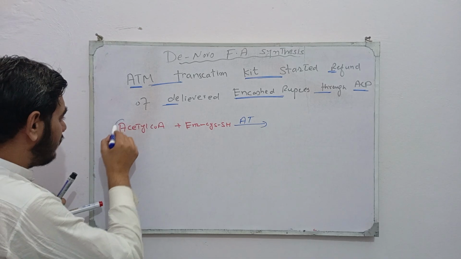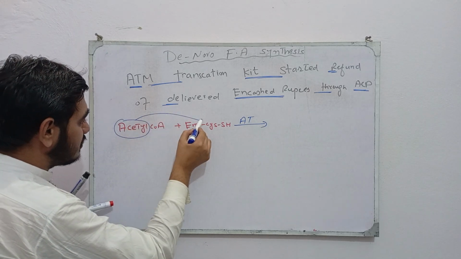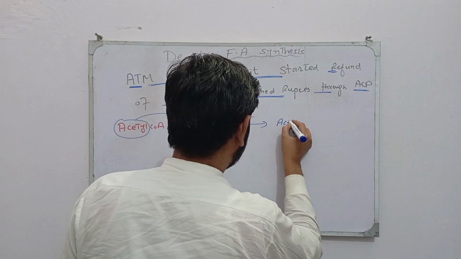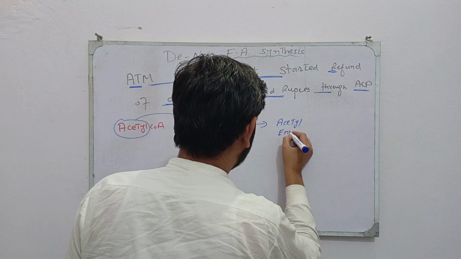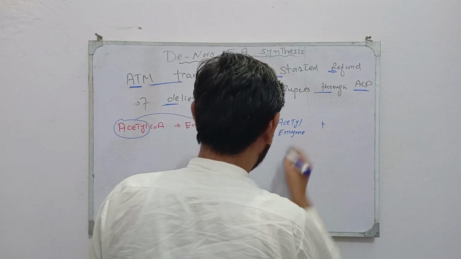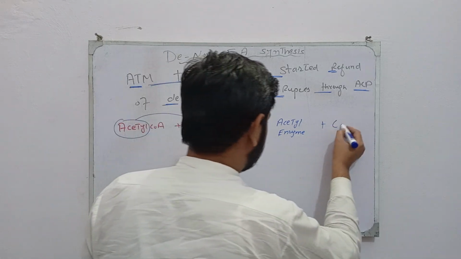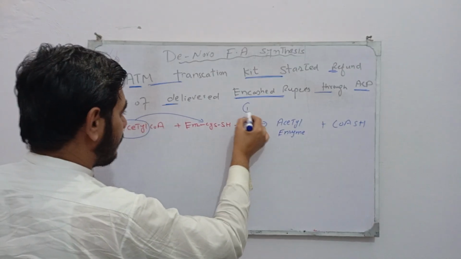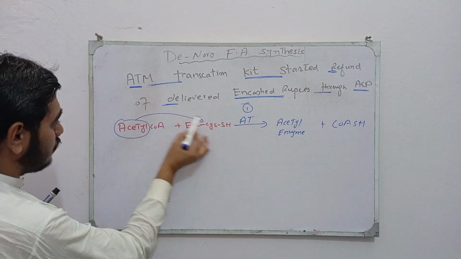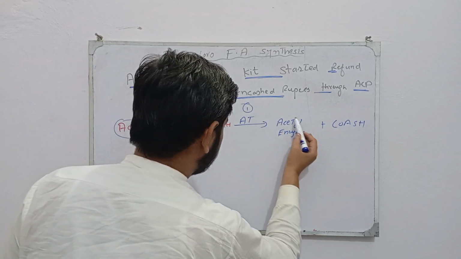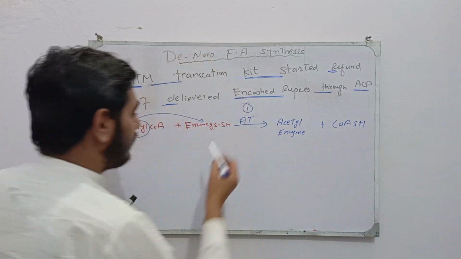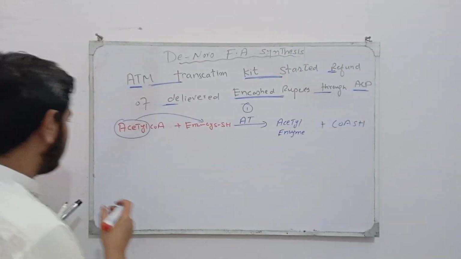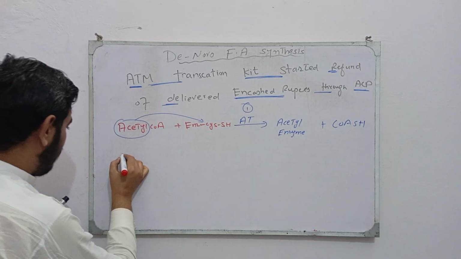There is a transfer of the acetyl group to the cysteine of this enzyme and it forms acetyl enzyme, and CoASH is released. This is the first step. In the next reaction, malonyl CoA